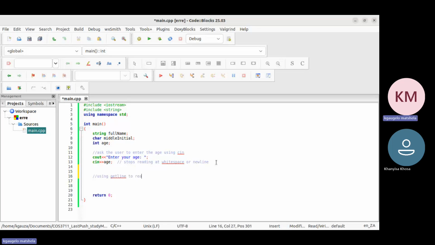to read the full name with spaces. We can say spaces or white space. So now we're going to use the getline to read the full name with spaces. When I say with spaces,